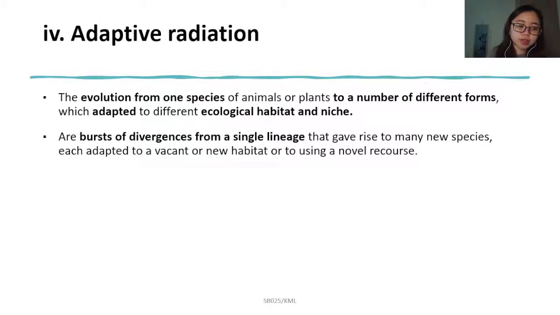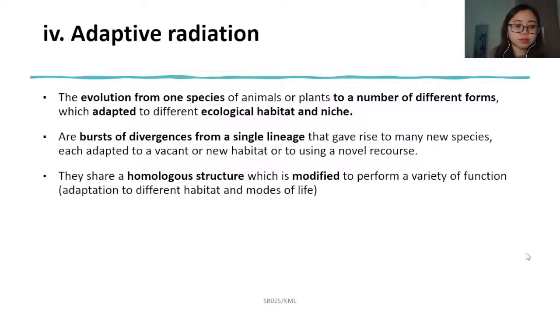Adaptive radiation are bursts of divergences from a single lineage that gave rise to many new species, each adapted to a vacant or new habitat or to using a novel resource. They share homologous structures, which are modified to perform a variety of functions or adaptations to different habitats and modes